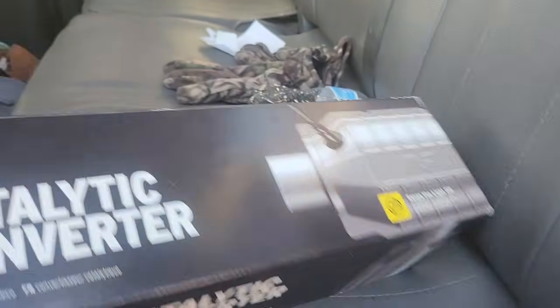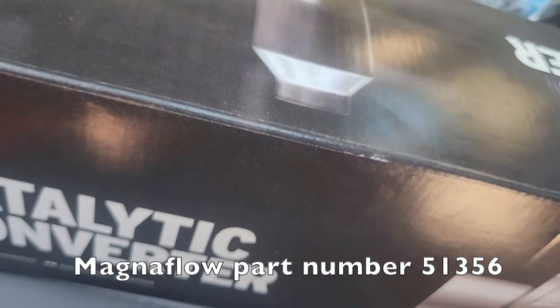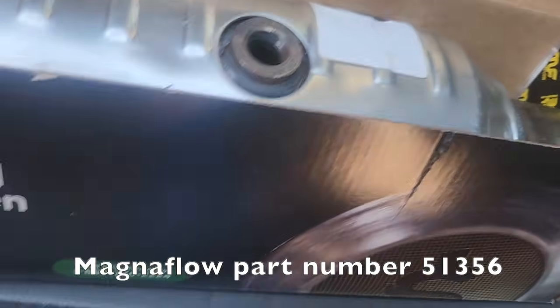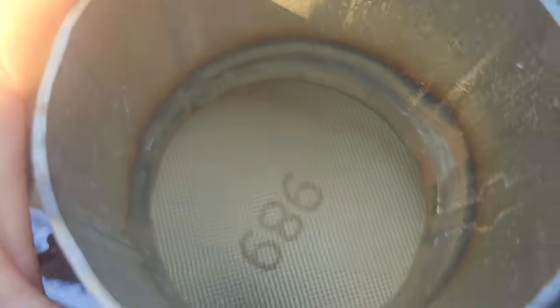So, this is what we've got. We have a Magnaflow catalytic converter. It is considered a high flow cat. Here we go. That's it. It is a big round cat. There's the honeycomb in it right there. This is considered a high flow cat, but what I like about it is